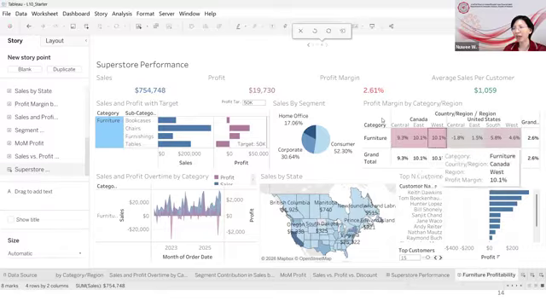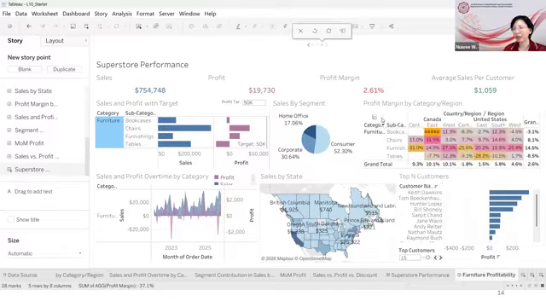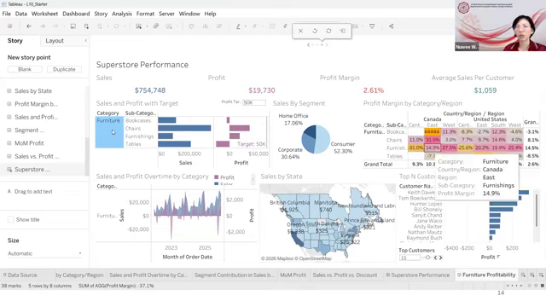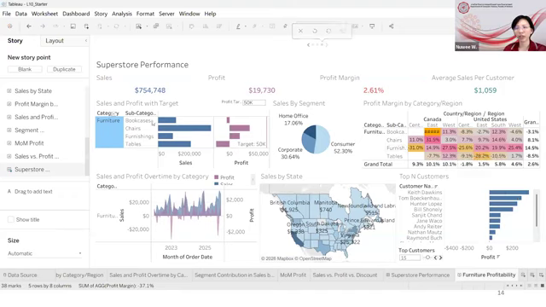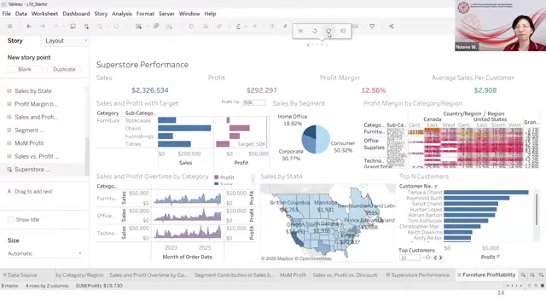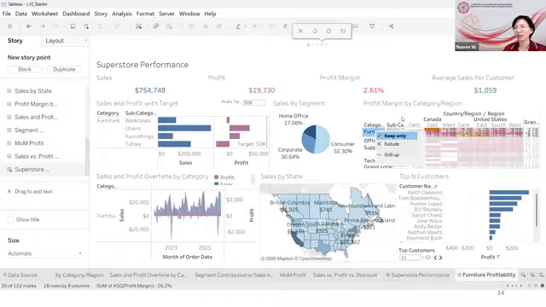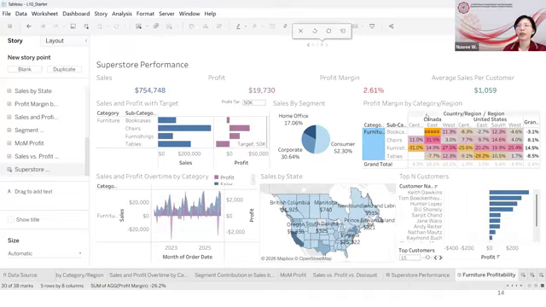This graph also I can drill down, right? And this will only contain subcategory of furniture, right? This is what I can do with the things here. I drill down and then I update my snapshot. This is too much. I want to just keep only furniture like this. Okay. So what it tells us is that